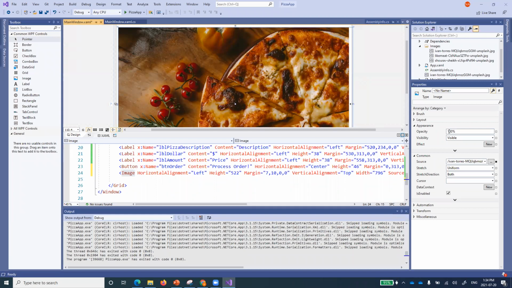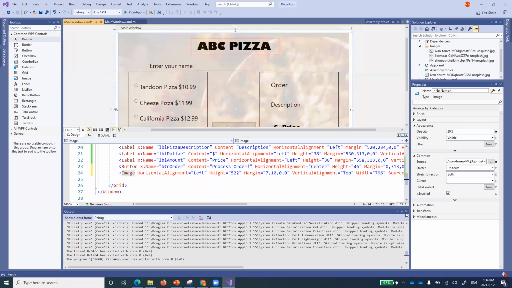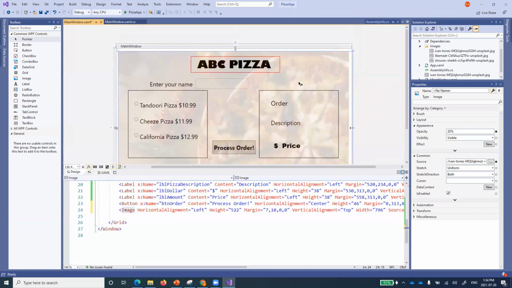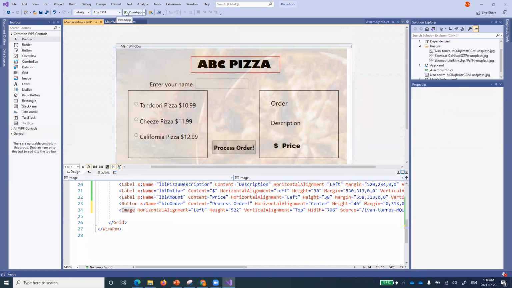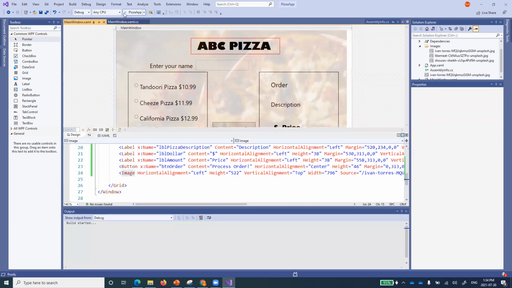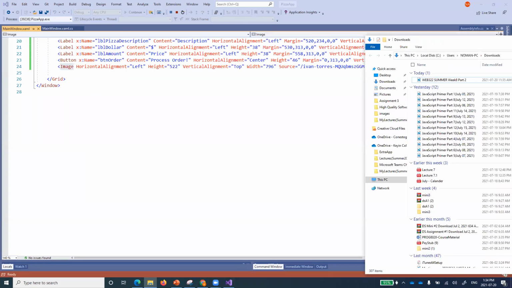So now the first thing that I want to do is make its opacity minimum so that it goes into the background and the rest of my things are available. You see, now it looks a bit more animated, or more baby color. If I run that application, you see, I've brought up a picture, and I've just placed it in the background of my application.